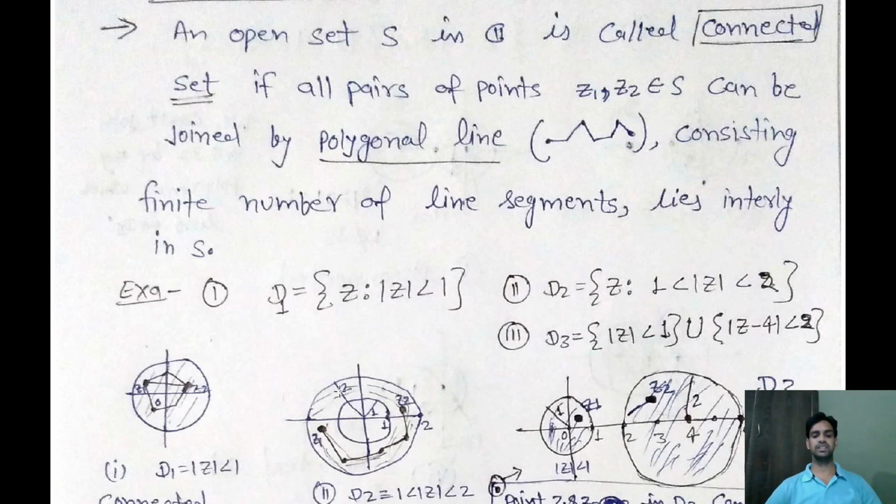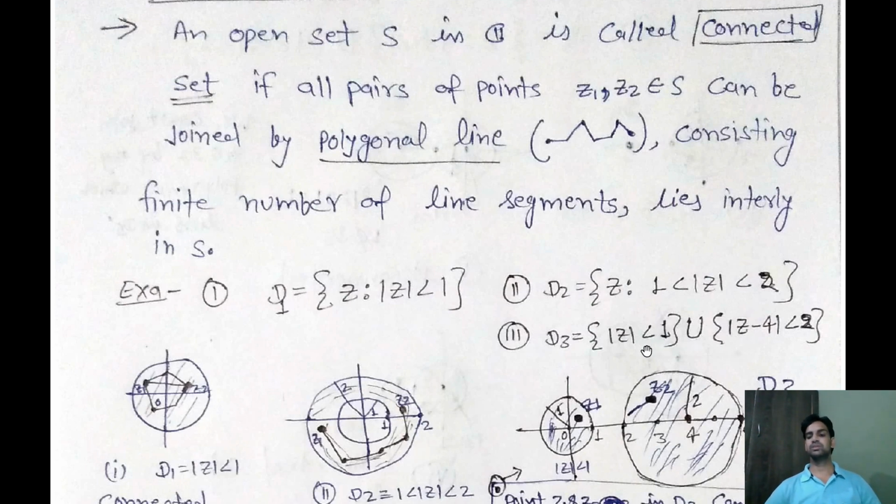Now this is the region inside this circle, and this is the region for the other. Now we take the common region for both circles. So this is the common region for both circles. Now we want to prove this is a connected set. According to the definition we take two points, first Z1 and second Z2. Now we join both points by a polygon line this way. Either we can join also this way, and all polygon lines contain a finite number of line segments and lie entirely in this set. So hence by the definition of connected set, this set is a connected set.